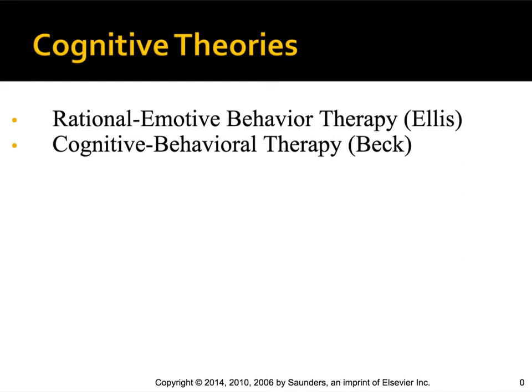Cognitive behavior therapy by Beck tests distorted beliefs, and it tries to change the way of thinking. So they want to reduce symptoms. They looked at depression. They were trying to relieve the symptoms of depression. It's based on the principle that feelings and behaviors are largely determined by the way people think about the world and their place in it. And their cognition is based on attitudes or assumptions